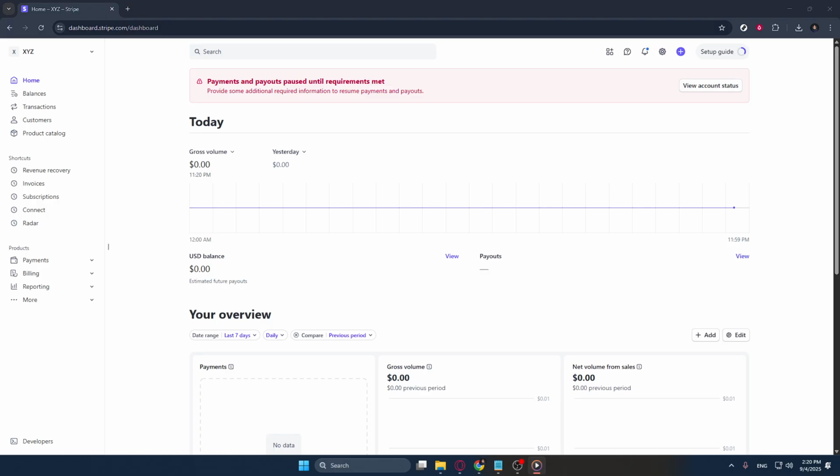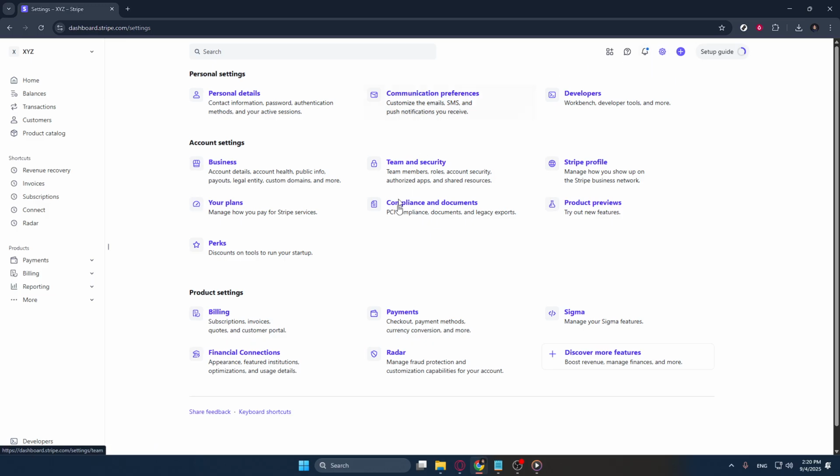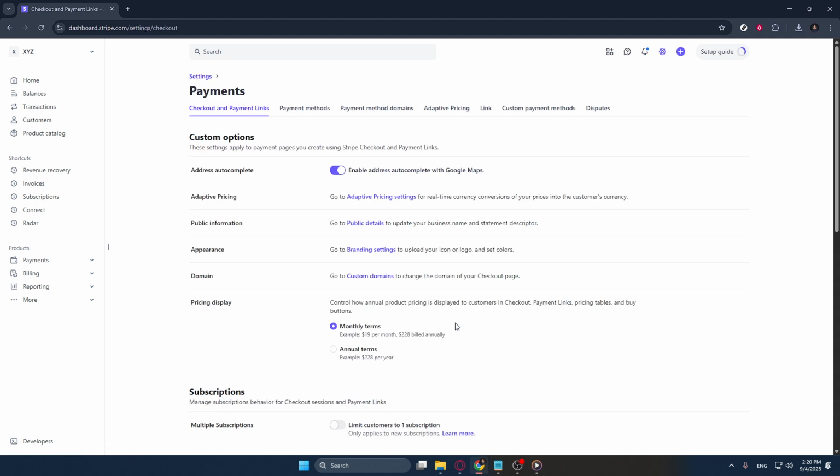Inside the Settings tab, you'll see a range of options. We're particularly interested in the Payments section, so go ahead and click on Payments. This is where the magic happens, and it opens up a world of possibilities for accepting diverse payment options from your clients. Select the Payment Methods tab, which will lead you to a new page offering a variety of digital